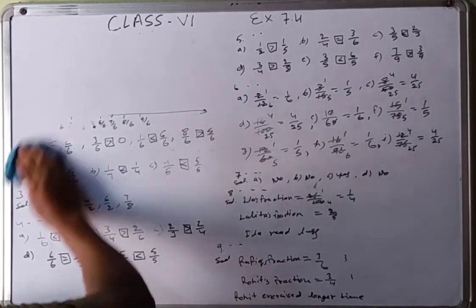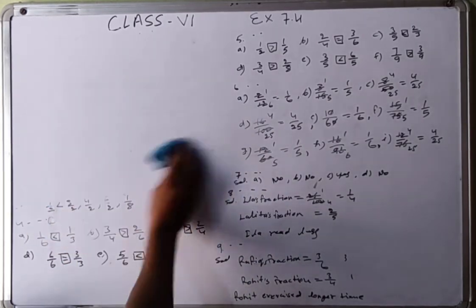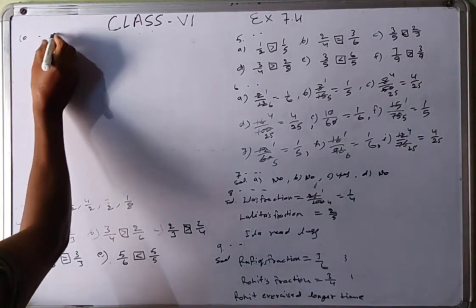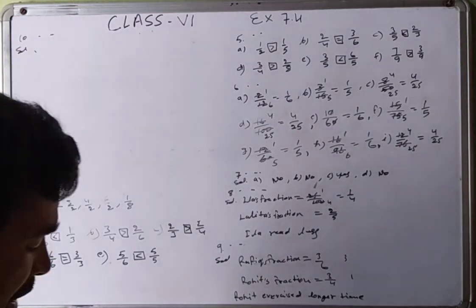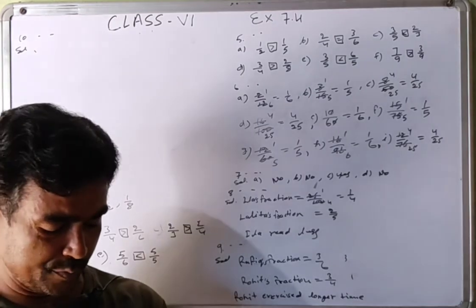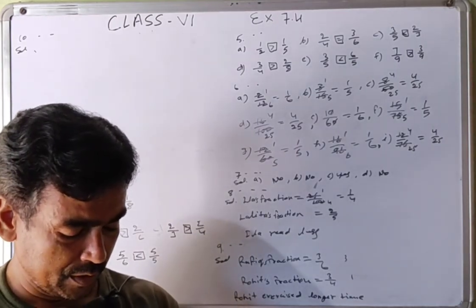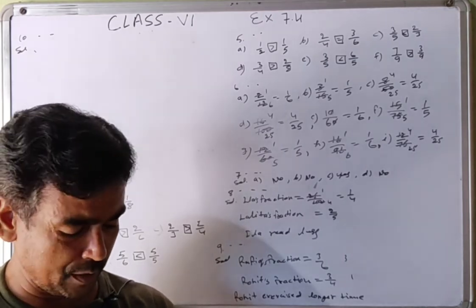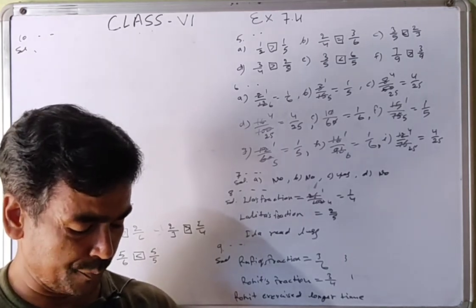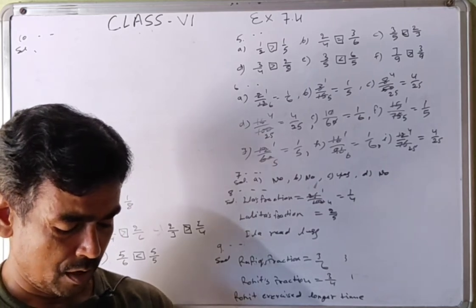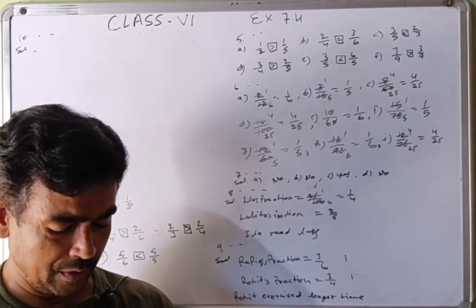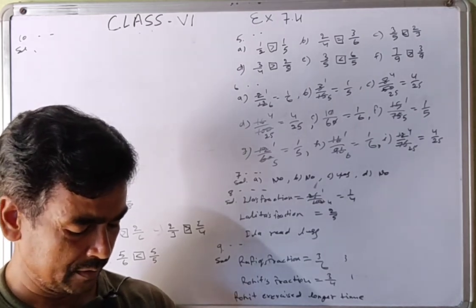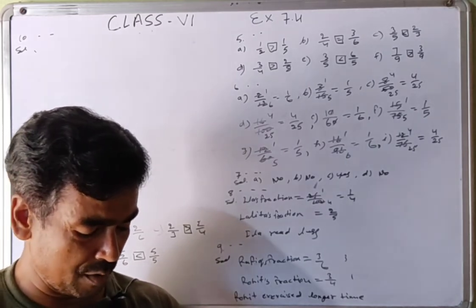For the 10th question, we will also do it like fractions. What is the 10th question? In a class A of 25 students, 20 students passed with 60% or more. In another class B of 30 students, 24 passed with 60% or more marks. In which class was a greater fraction of students getting 60% or more marks?